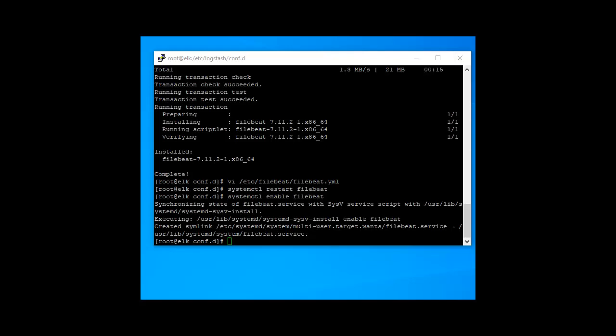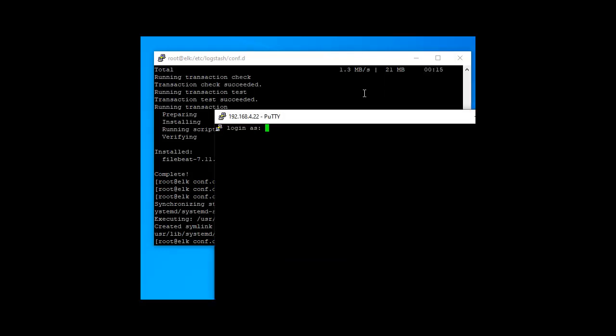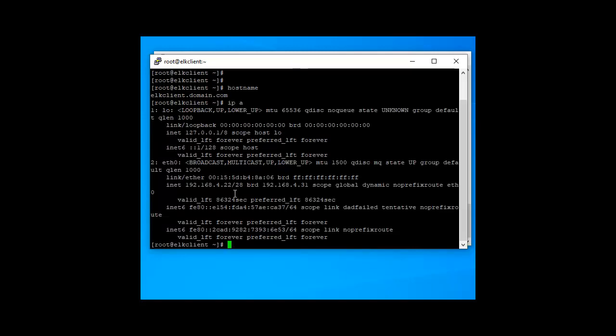I am now going to the client machine to install Beats. The client machine IP address is 192.168.4.22. Login as root. Press enter. So the host name is ELK client, IP address 192.168.4.22. First we add the Elasticsearch key.